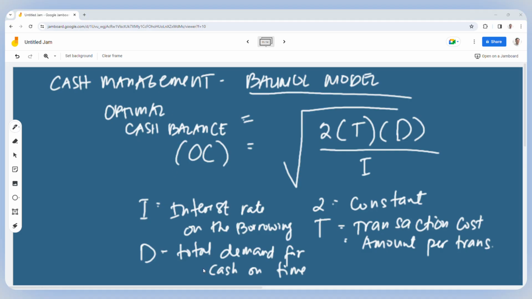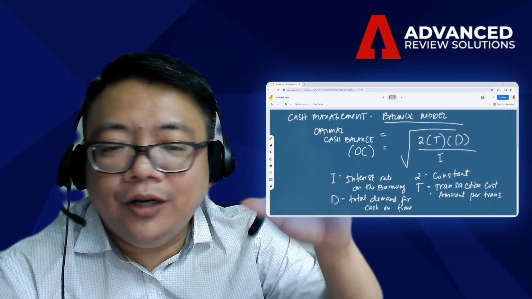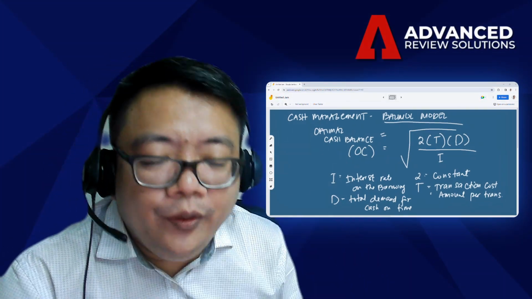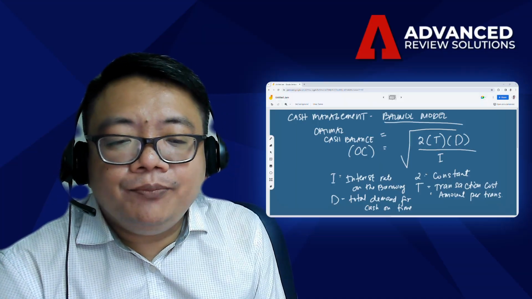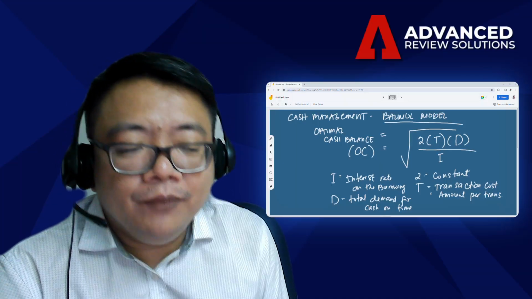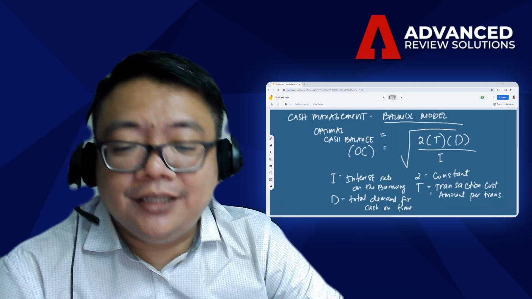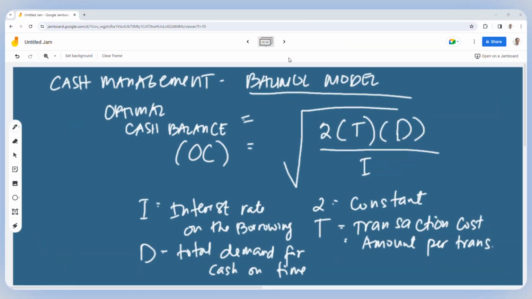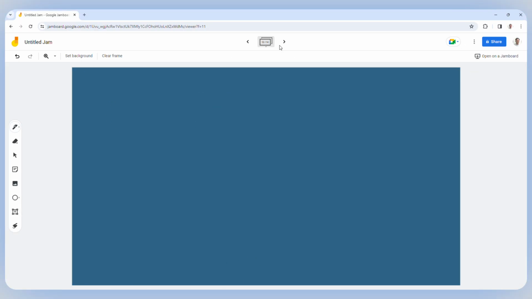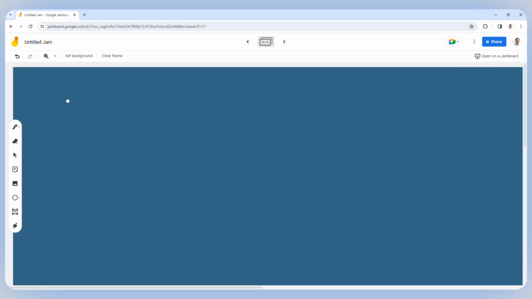Alright? So far ba clear tayo? Hopefully you are clear, no? Because you are now going to number 3, which is your management of marketable securities. Sige. So, ano yung number 3 class? Number 3 is about marketable securities. Ano naman class ang usual na tanong in the marketable securities management? So, usually class, marketable securities.